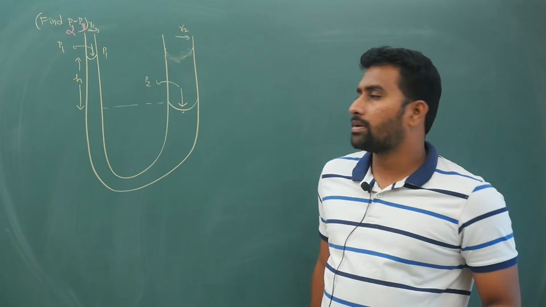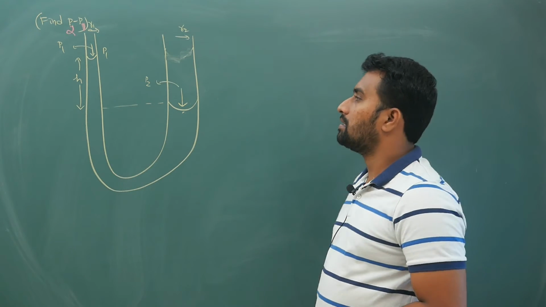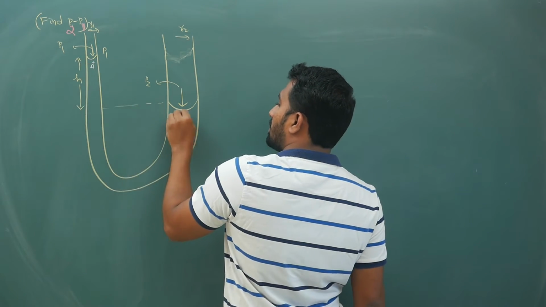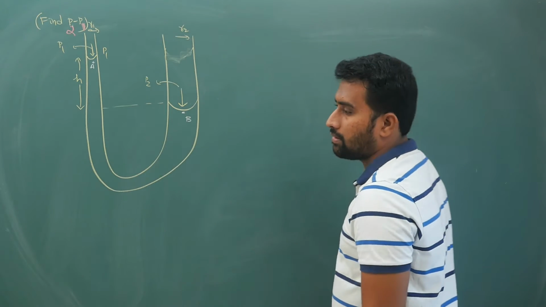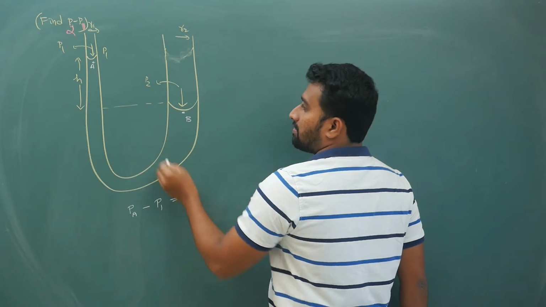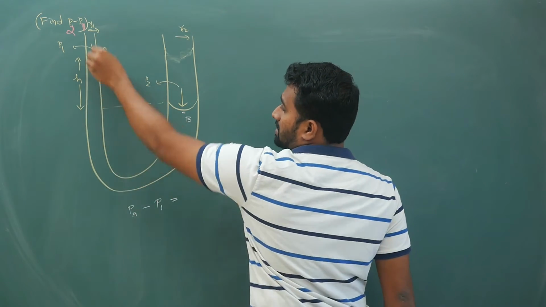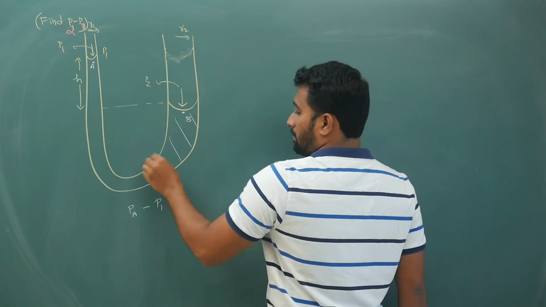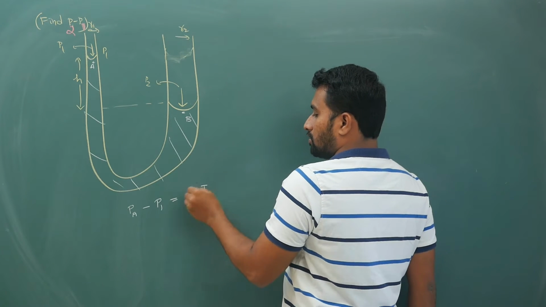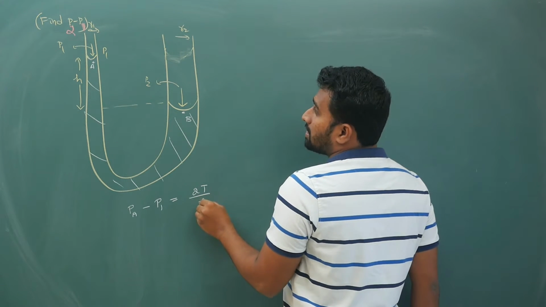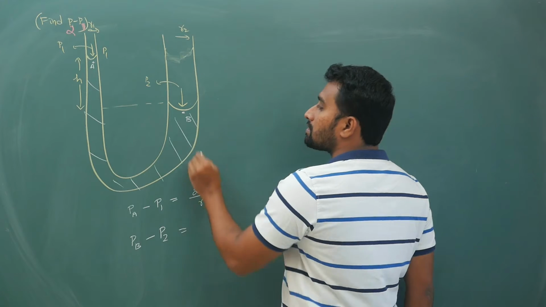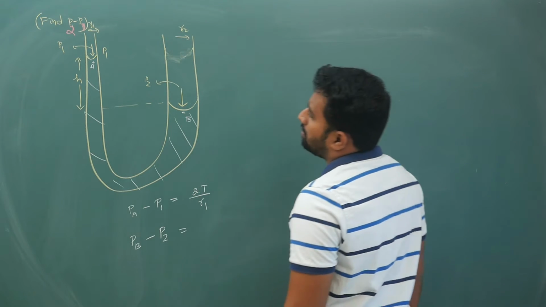Hope you have paused the video clip and then tried the answer. I will explain the solution. Now let us take some point here as A, some point here as B. According to our logic, PA minus P1 for the two liquid interface. This is liquid, this is air. This entire part is liquid. So PA minus P1 is 2 times surface tension by radius R1. Next, PB minus P2.